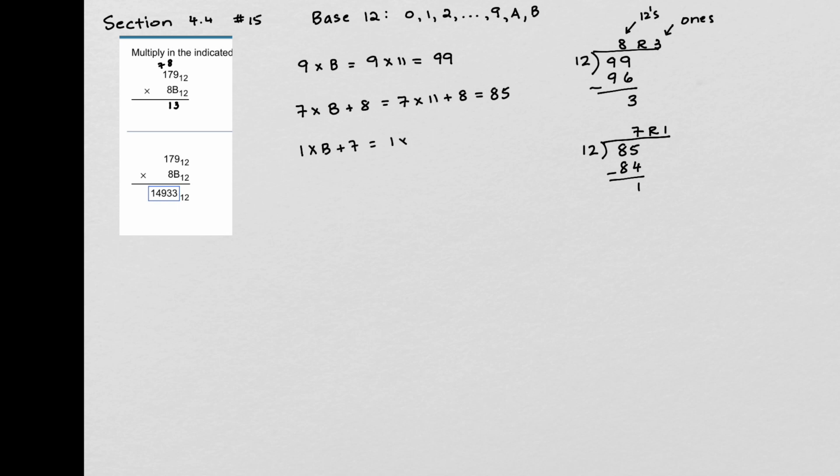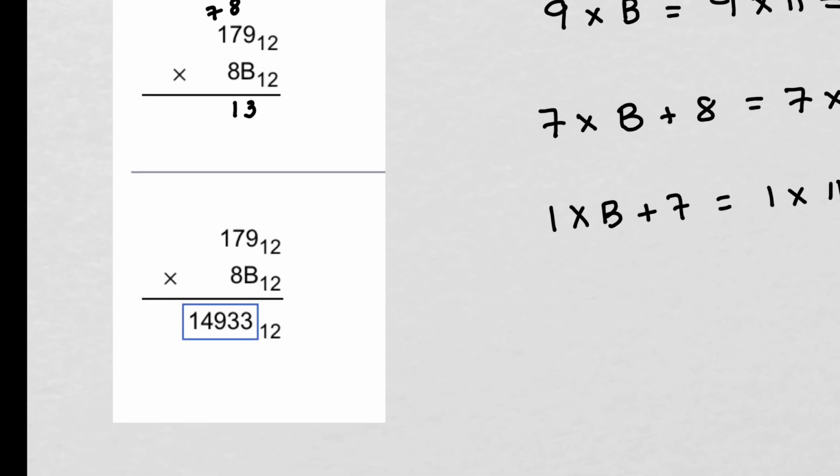So that's 1 times 11 plus 7, which is 18. So 12 goes into 18 once, with a remainder of 6. So 6 comes down here, and the 1 carries over, but since we're done with this row, we just put it next to the 6. So we have 1, 6, 1, 3, base 12,